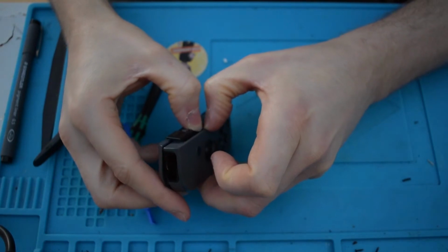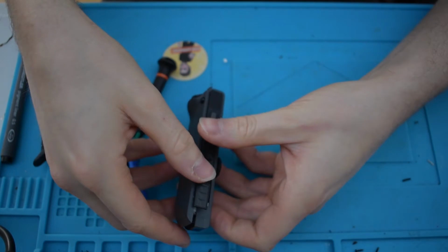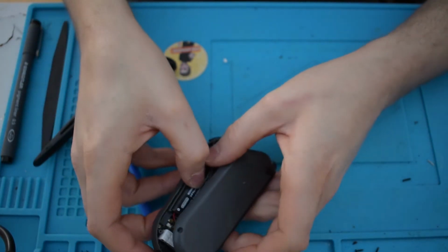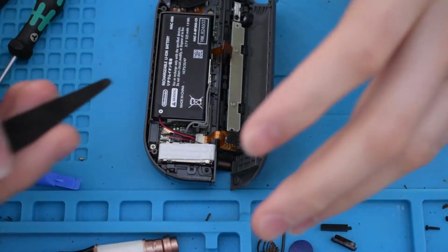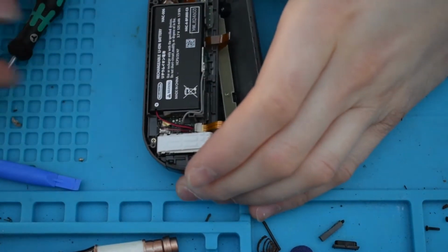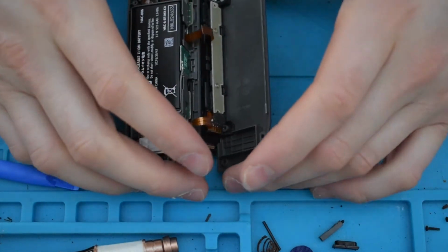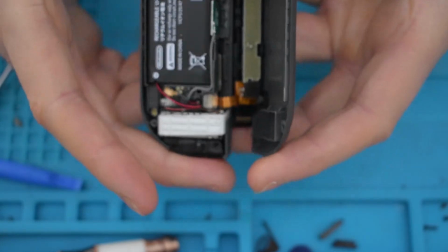So should, here we go. So inside, do not pull apart directly because there's ribbon cables galore. Okay, now we got it apart. There's connectors inside that we have to be very careful of. So 2 ribbon cables, what looks like an aerial cable,